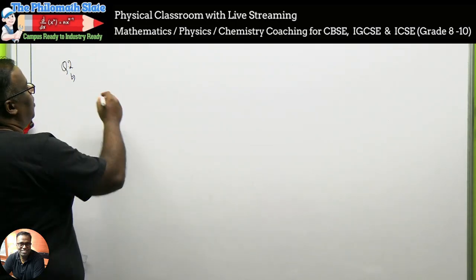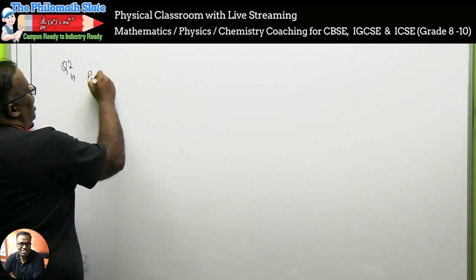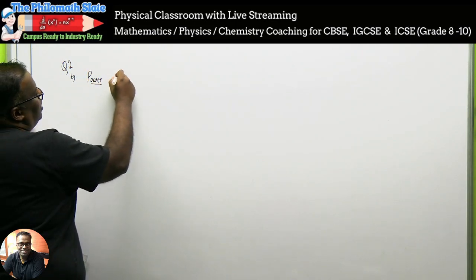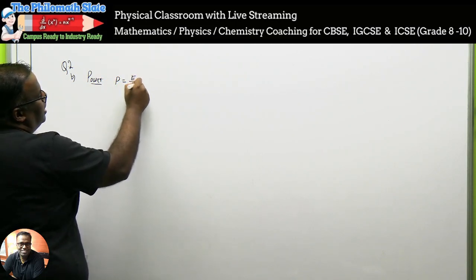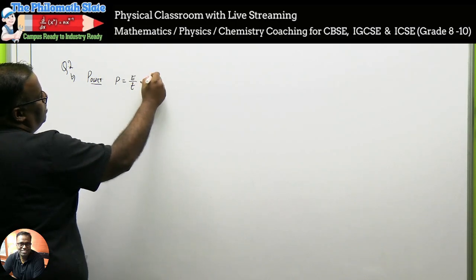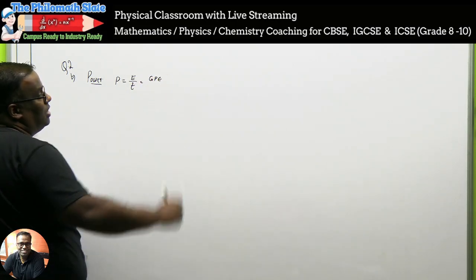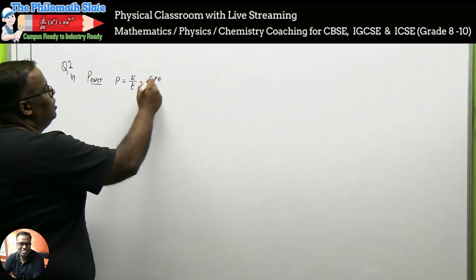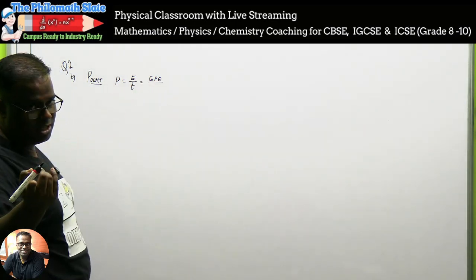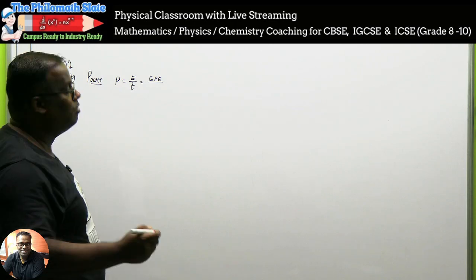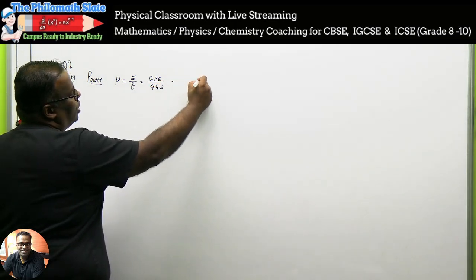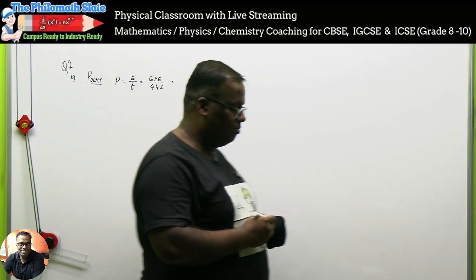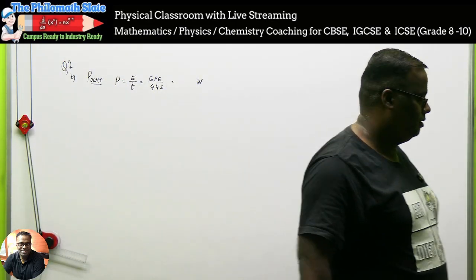Okay, calculate the power. Now the second one, we have to answer power. And whenever power comes to your mind, what is the definition? Energy per unit time. We already got the energy. What was the energy? The gravitational potential energy. Time we need in this question, the specified time is 4.4 seconds. So find out how many watts you get. 840 something was there, right? You found out, right?